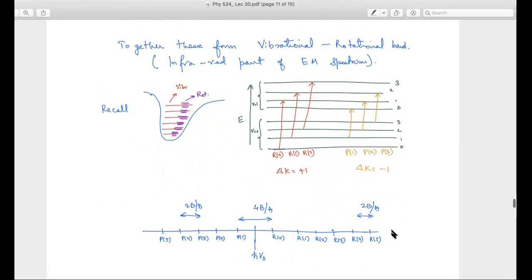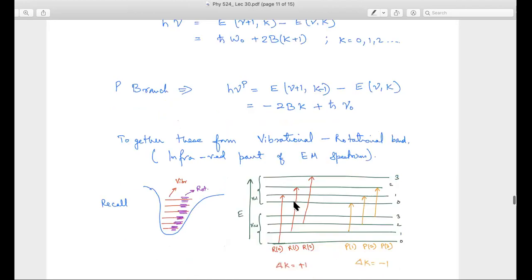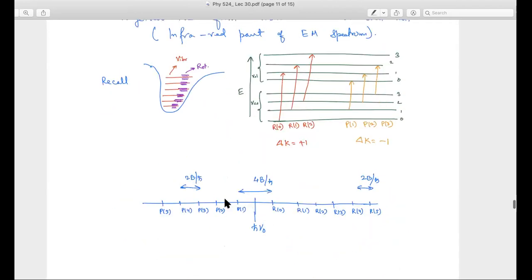Okay, if I just plot energy on the x-axis, then I had H nu 0 somewhere. H nu 0 I'll never observe, basically, which is just nu 0 minus this nu 1 energy, etc. And then I have these P states, which were this negative branch, so H nu 0 minus 2BK. So H nu 0 minus, P is equal to 1, 2, 3, 4, 5, etc. And we continue to the left.